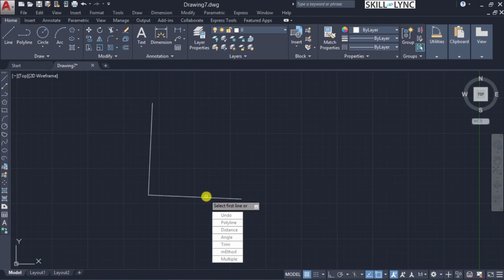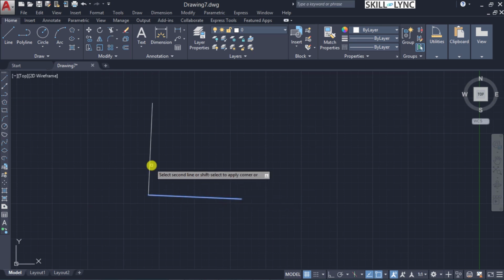Once you specify that, you can also check the no trim option to see how it acts, because the trim is going to be the same as in the radius, but let's see how the distance and the angle methods are going to impact. So now we have selected the distance method, and by selecting the same methodology as here, we have to give in the distance. Before selecting the second line, we also have the option for selecting the distance. Now suppose we give a length of 15